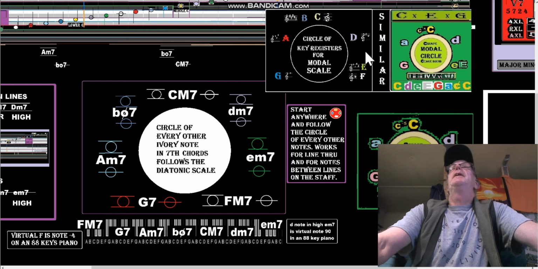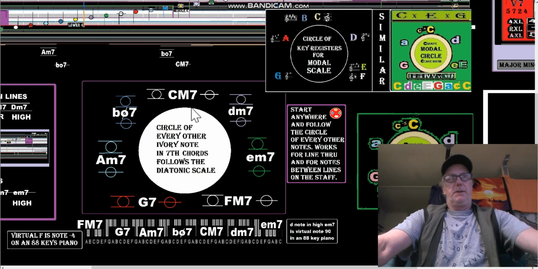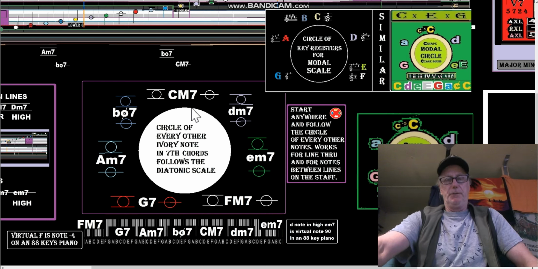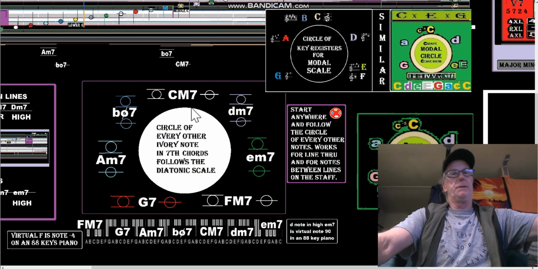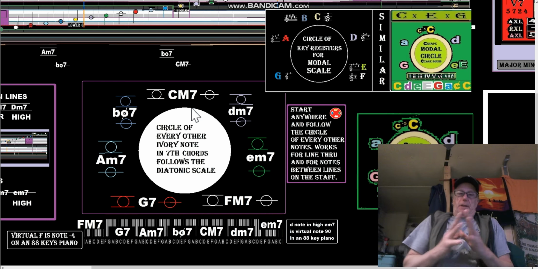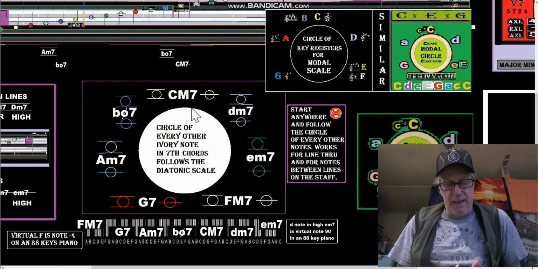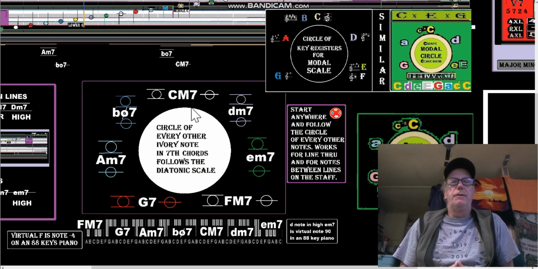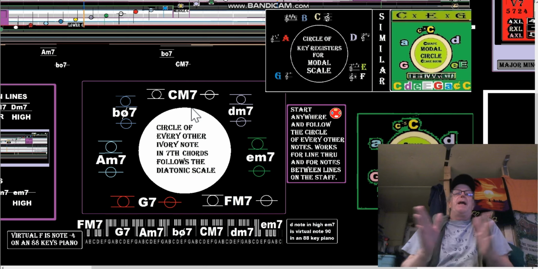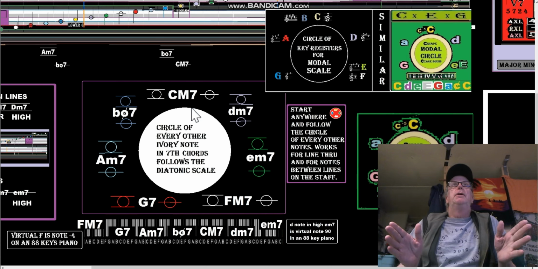So look at the similarity here. We've got C, D, E, F, G, A, B, C. Why am I doing this? Because we're trying to learn the music staff from the bottom note, and that's not the bottom note. A lot of the progress that I've made in this musical study for the last year and a half has been expanding the borders